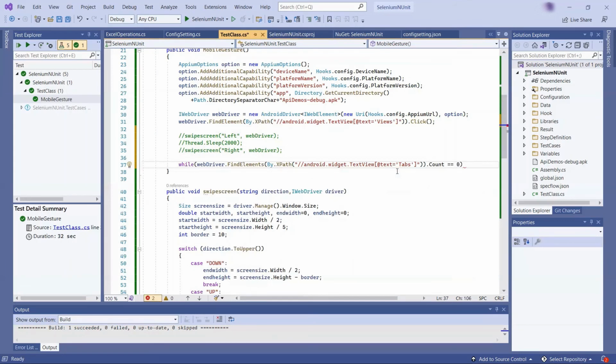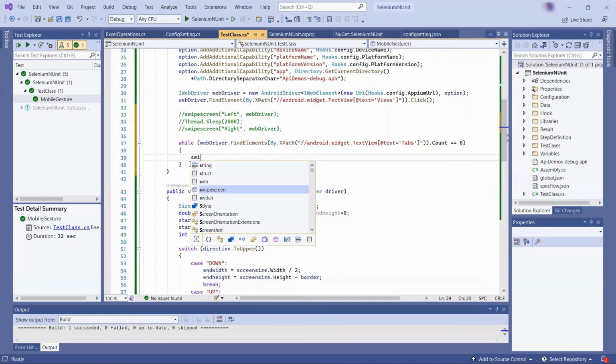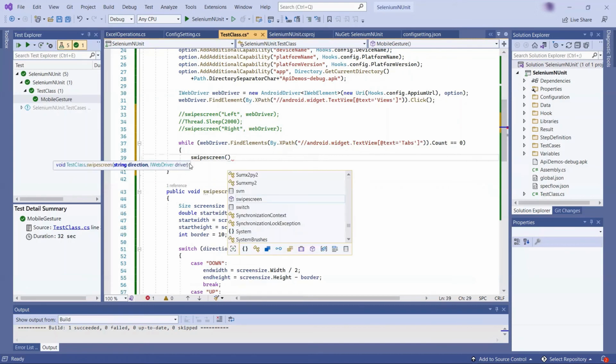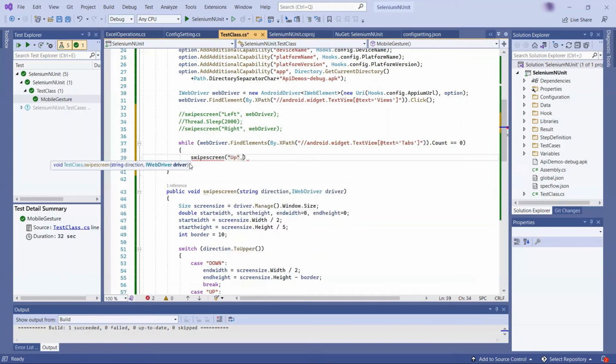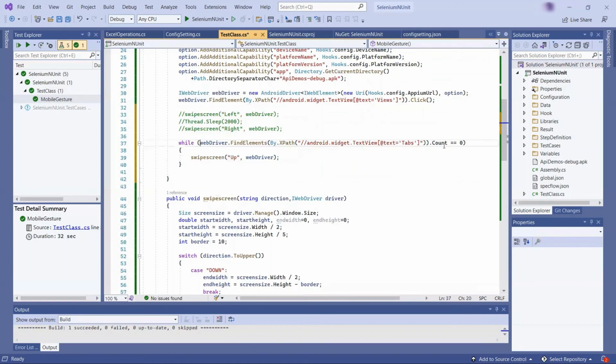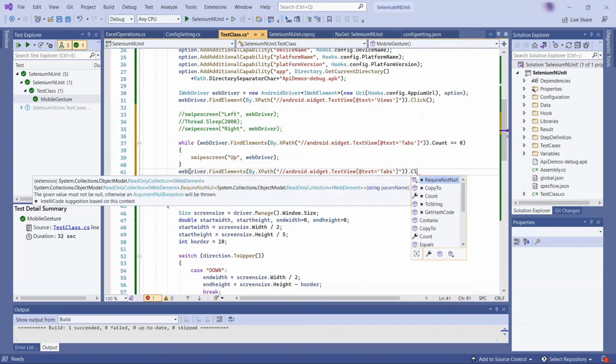And then I'll call the swipe screen method for swipe up. So this operation will continue to perform until the findElements.count method returns a value greater than 0. Once the element is found, the loop will exit, and then it will click on the element.